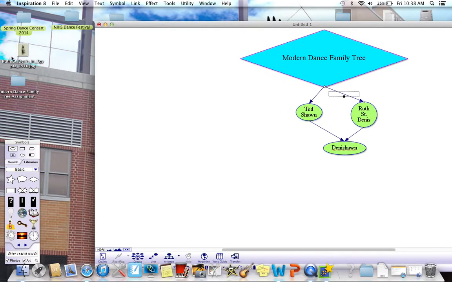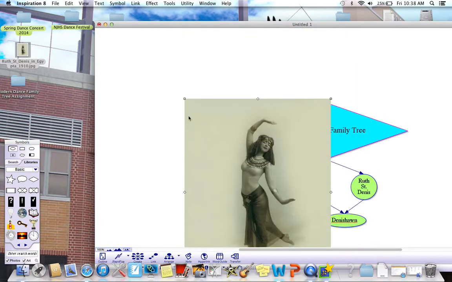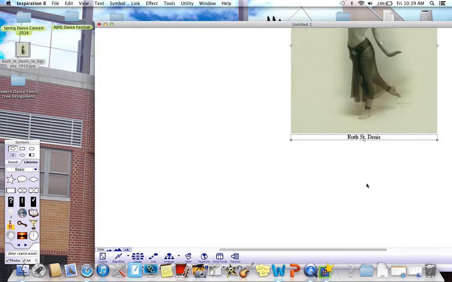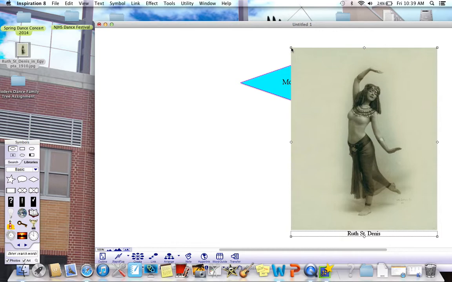To add a photo, you can take just your file from the desktop, drag it, and move it on to the project. You can either choose just to drop it in plain space, leaving it disconnected to anything, or you can delete that and add the photo on top of a bubble. When you hold it over the bubble, the little square box will appear showing that it is selected, and you drop it in. You'll notice that when you drop in photos,